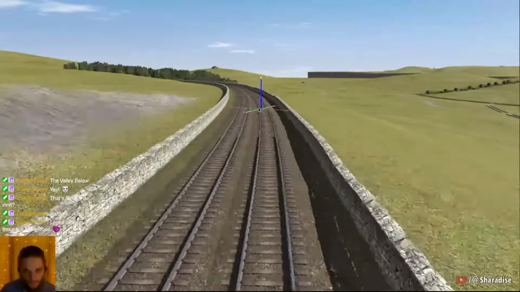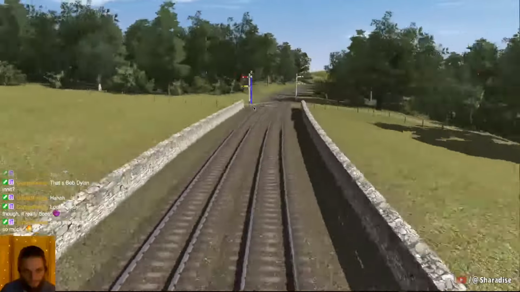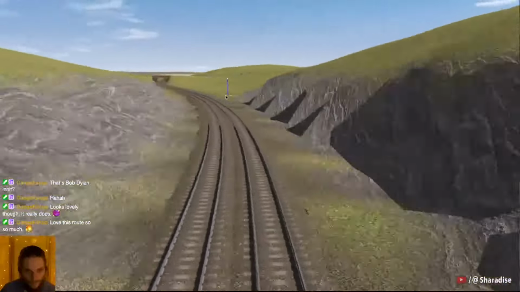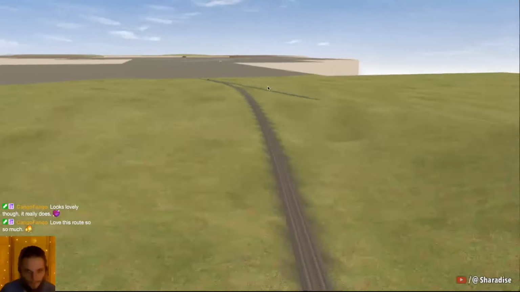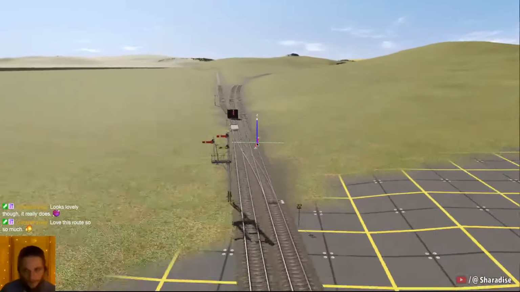Curves along with the hill falling beside it. Goes through here, past the junction, through the cutting, under the bridge, and then joins the rest of the stuff back there. Now, the junction here that goes left originally wasn't...